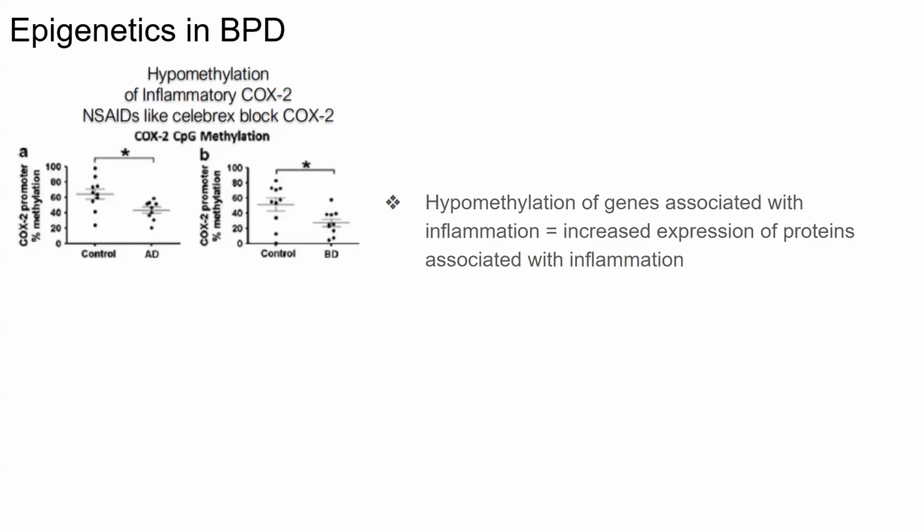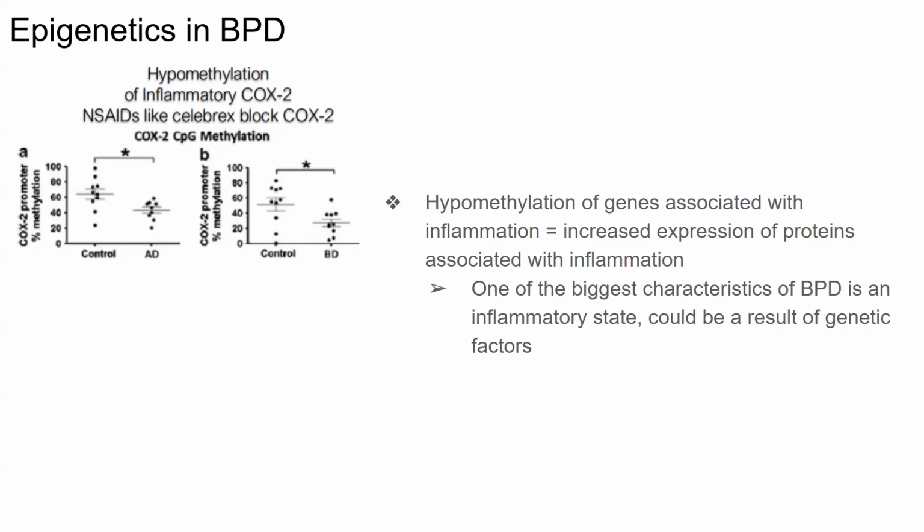So if we have decreased methylation, what are we gonna have? Increased protein expression. If we have increased expression of an inflammatory protein, we're gonna get more inflammation. And as we know, increased inflammation is not good. It's associated with bipolar disorder. It's gonna augment those hyperintensities. It's gonna augment that cell death. And so this hypomethylation that we see in bipolar disorder is most likely a genetic risk factor that's associated with